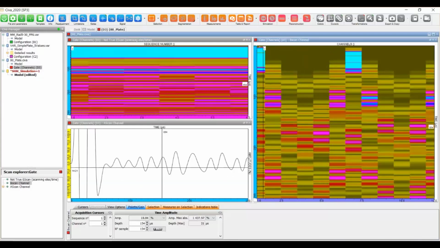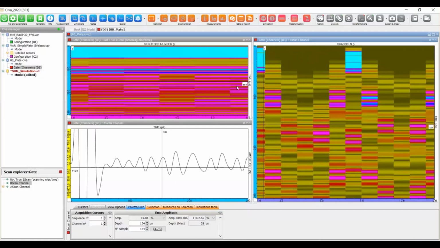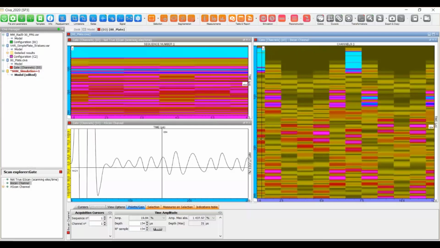Okay, the first one here corresponding to the emitter, so that's why the initial pulse is seen here with a saturated amplitude, but then you can see the other channels corresponding to all the receivers, and this is in a B-scan way, and here the corresponding A-scan is visible here. Okay, so this is the raw results. Not easy, or maybe not really meaningful if you just keep it alone.